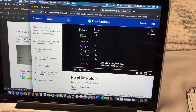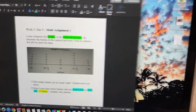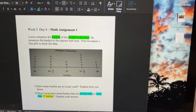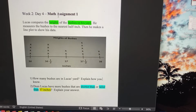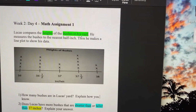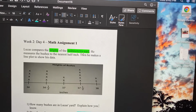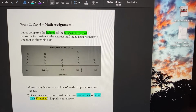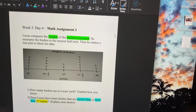So if we were to look at your assignment here, assignment 1 says Lucas compares the heights of the bushes in his yard. So I highlighted these keywords, heights and bushes in his yard, because those are very important to this problem. Now, it asks, he measures the bushes to the nearest half inch. Then he makes a line plot to show his data. Boys and girls,